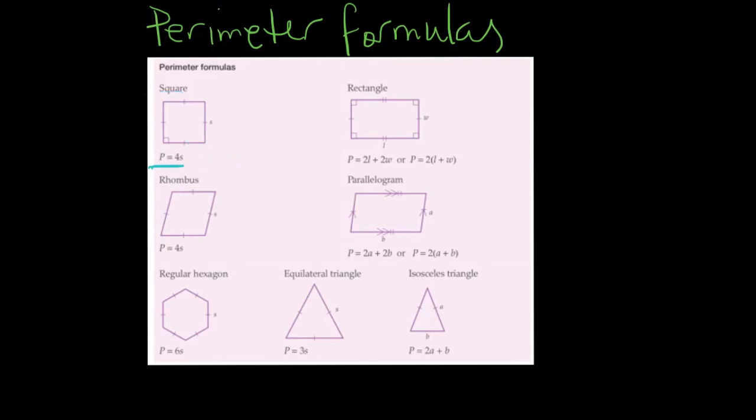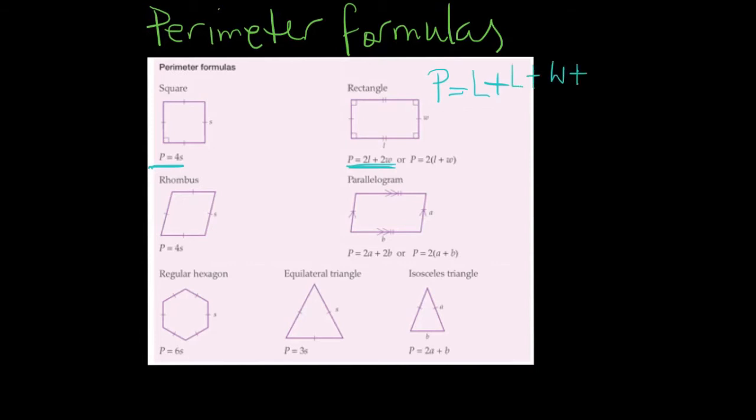That's pretty straightforward. When we look at a rectangle, you can see that the formula for perimeter is 2L plus 2W. This is not a difficult formula, nor is it difficult to get this formula. It may look a little bit complicated, but basically if we recognize that the perimeter of this rectangle, which has a width of W and a length of L, is the sum of all those side lengths, we get L plus L plus